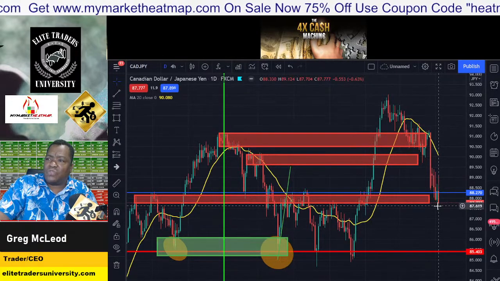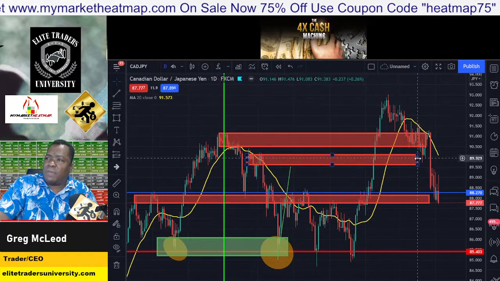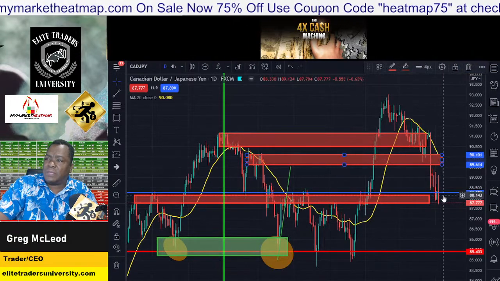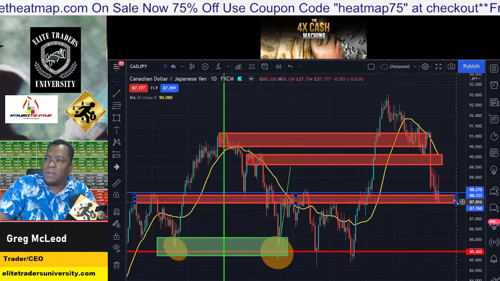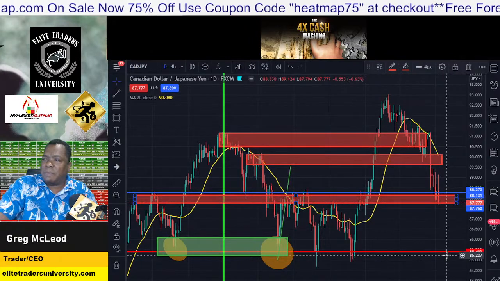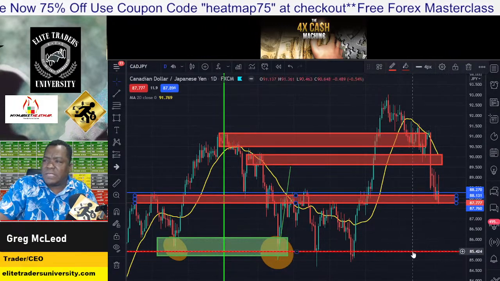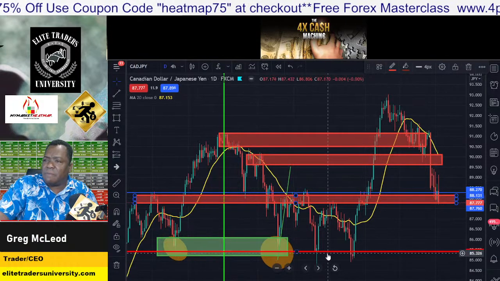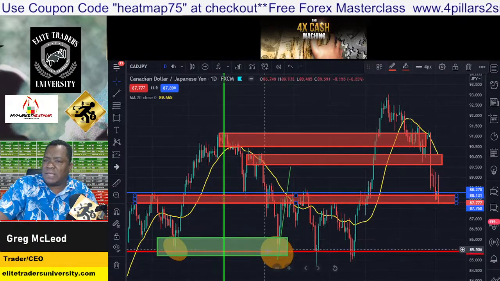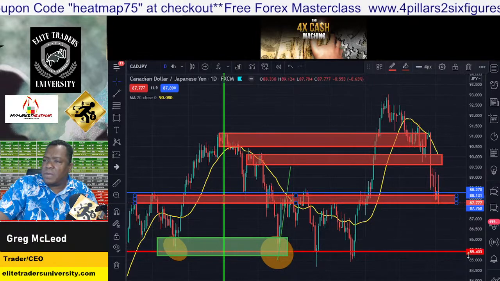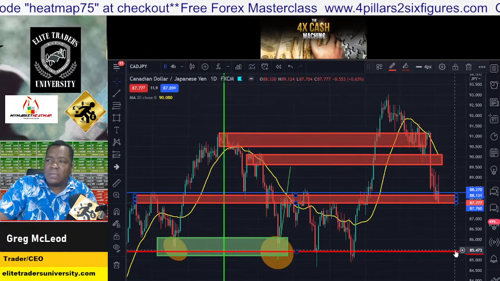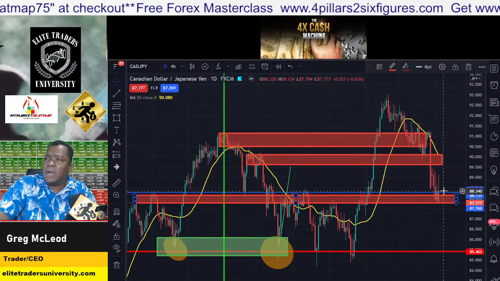getting stronger and stronger. And look, we're busting right through all these supply zones. We're busting through this one, and we should break through this one and maybe come even farther, down to the currently at 87.77. I see maybe coming back down to this old level of support that was tested several times. We can see like 85.40, so I'm looking at like 200 pips, right?